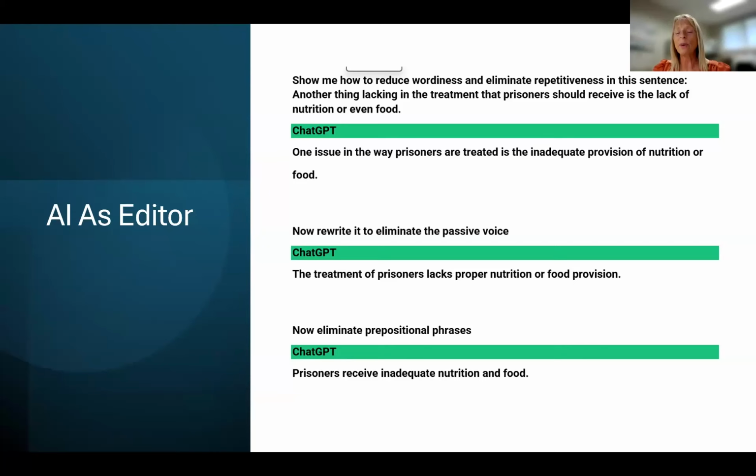And of course, these are skills that we've talked about in class. So then we're just asking the AI generator to apply the things that we've been learning. And now the students have the grammar terminology, so then they know what to put in as a prompt rather than just "proofread my paper" or "edit my paper." We're actually asking it as an editor and directing it to look for these specific things, like